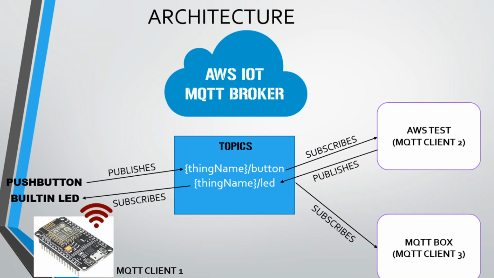What is the purpose of this architecture? We are going to send data from one client to another client. The other client is the AWS test client. Basically the AWS test is a client which is running on AWS, and as we have already seen in the demo,